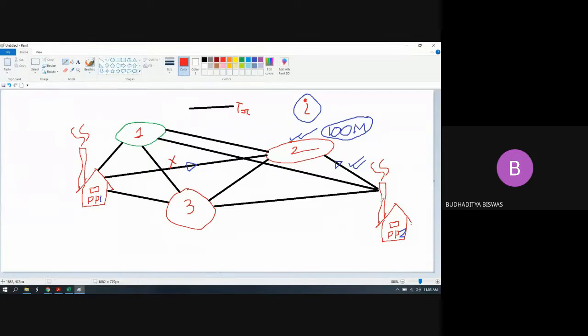If this power plant has any problem, then load center 2 shuts down, or there is no power at load center 2. So that's why power is coming from power plant 1, but little power. Why? Because the impedance is more compared to this impedance. If we send more current from power plant 1, then the losses will be more also. So this is the basics of economic load dispatch.